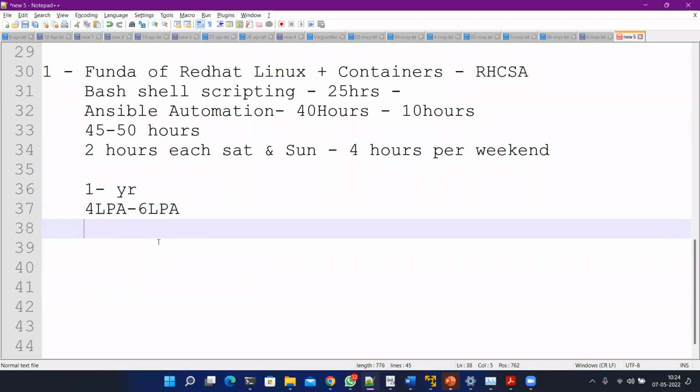This is not fixed, it depends actually. What is the process of interviews? Let's say you apply for a job on naukri.com. This is for everyone. Maybe some HR will call you. Obviously, some HR will call you. Maybe you have applied for 10 jobs, and out of 10, 5 have called you back.